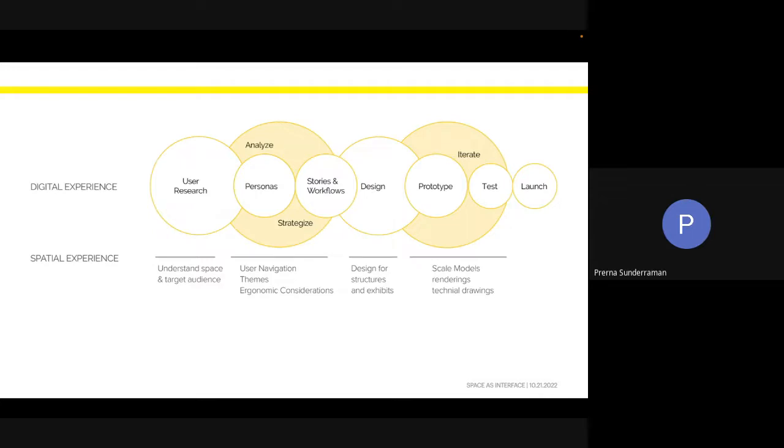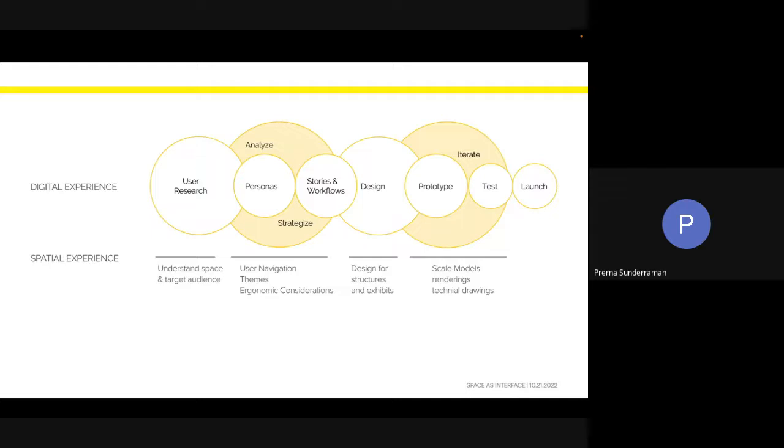One of the biggest factors here, as you can see, is test and iterate. You really cannot test and iterate a lot when you're designing for spaces because the scale is huge. When it's D-Day, the exhibition or the museum or whatever that space is has to open, it has to open. And if anything goes wrong, there's no way to test and iterate on it. It's either you roll with it or you find a workaround to just release with what you already have.